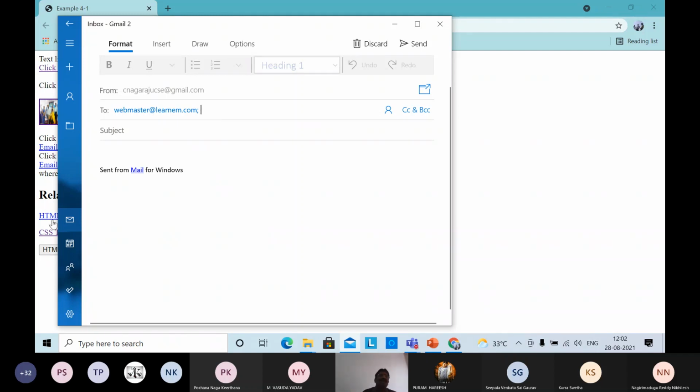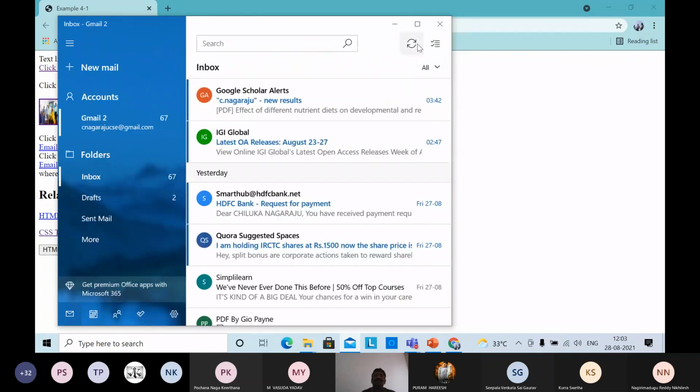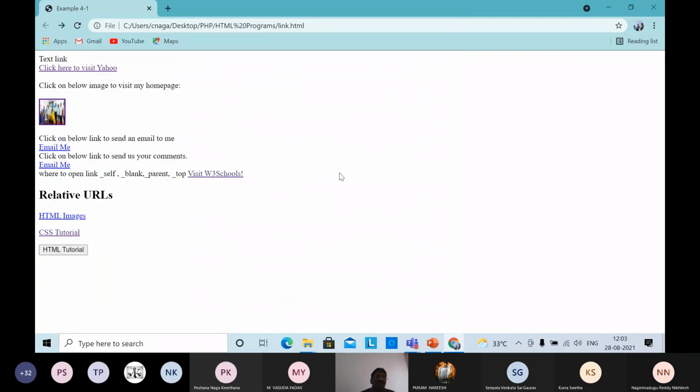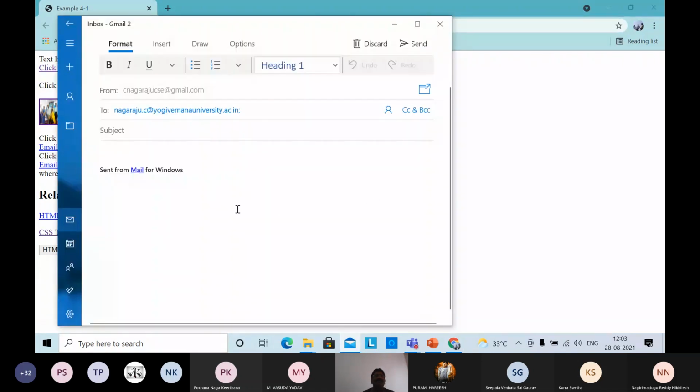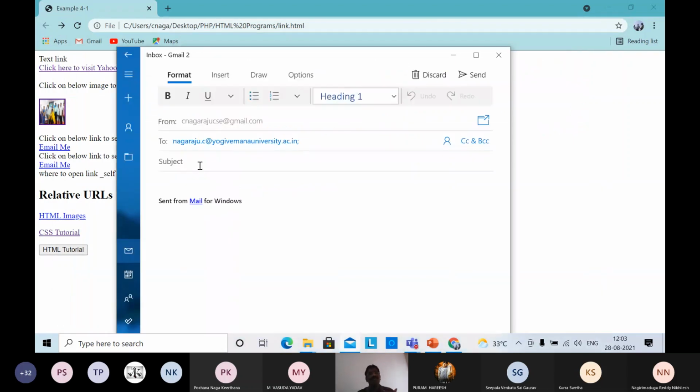Whatever I am typing here, that mail will be received by you. Here the send button is there, so then you can send it to the webmaster. For example, here you say click me. Suppose from C Nagaraju CSC@gmail to cnagaraju.c@yogamanauniversity.ac.in. You see, what did I give in mailto me? I gave nagaraju.c@yogamanauniversity.ac.in. So whatever I type here,